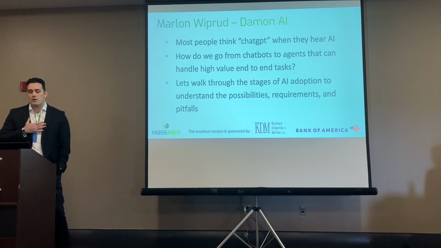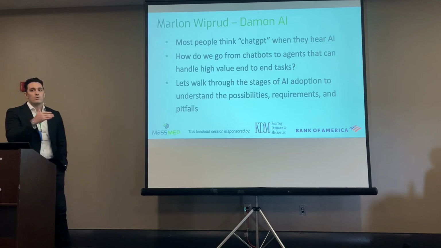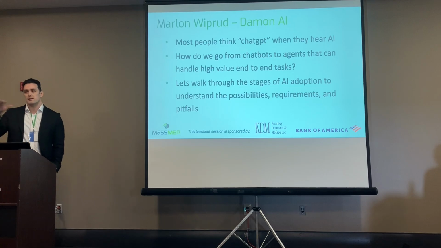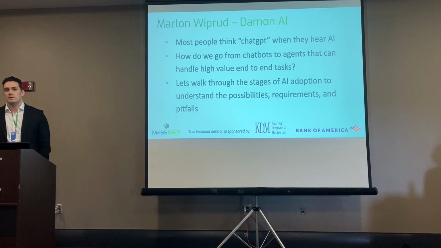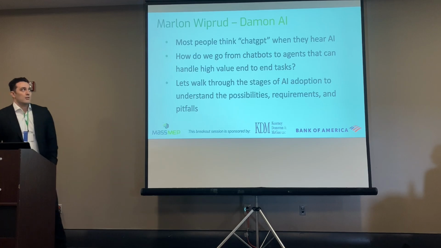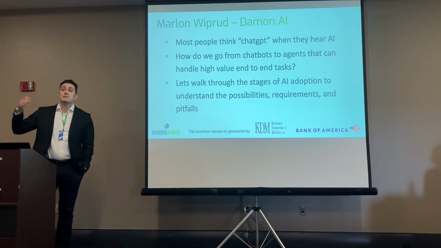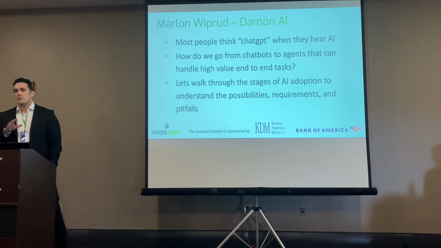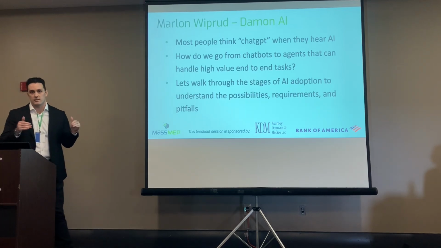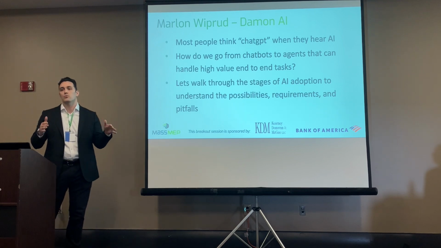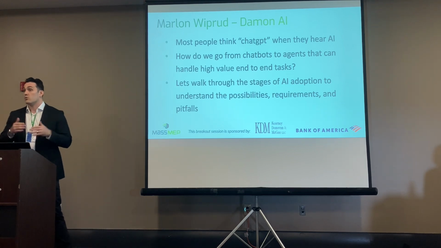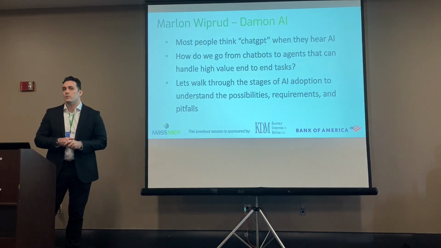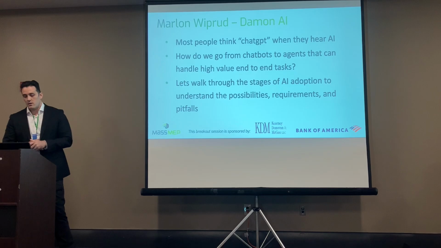So I've organized these 4 levels that we'll get into on 2 axes. The first of which being context, the second of which being agency. And you'll see as we step through how each of these scale up. And so what do these terms actually mean? Well, when I say context, I'm talking about how much information does an AI system or an AI agent have about you and your organization and your goals, whether it's in the current moment or historical, right? This is what we mean when we say context.